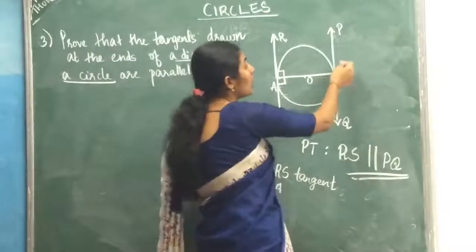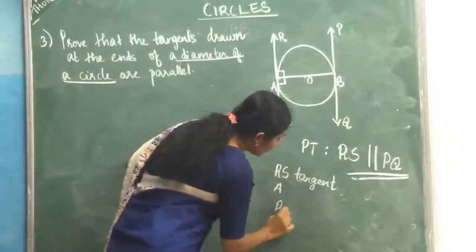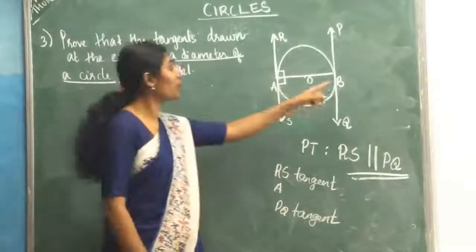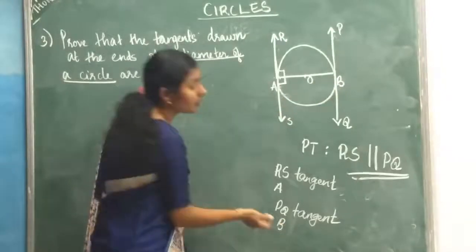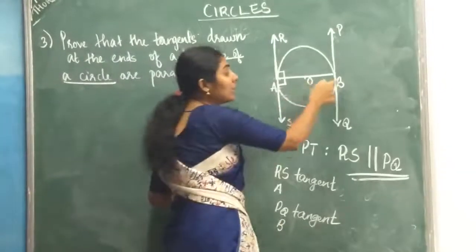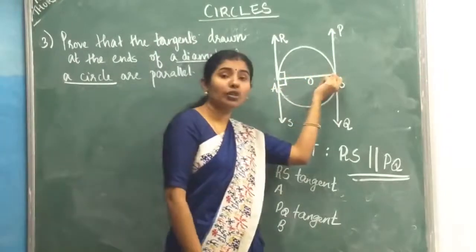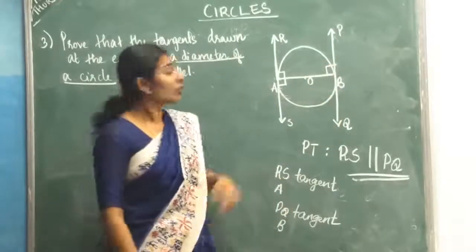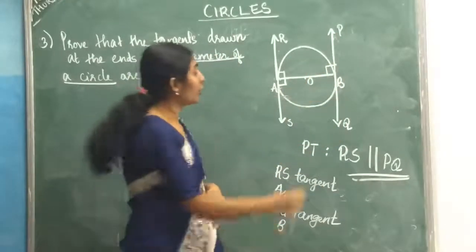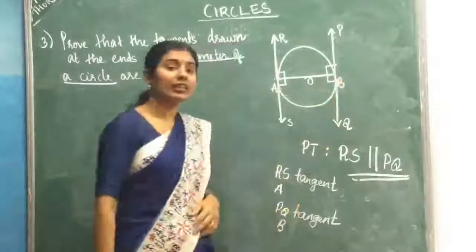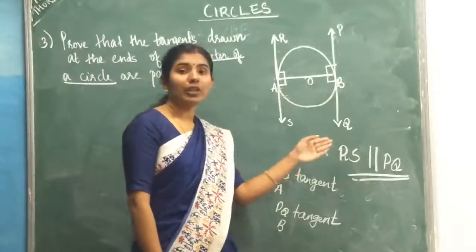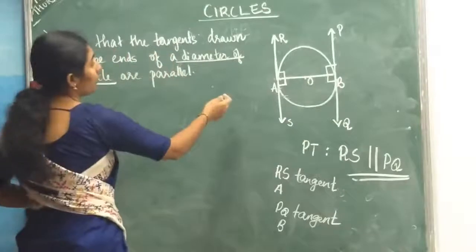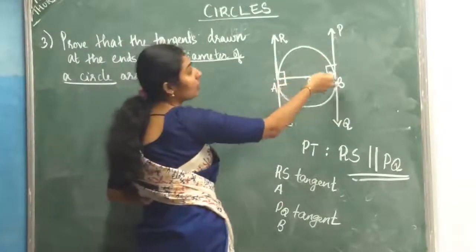Now, you see, PQ is the tangent. Its point of contact is B. And you know OB is the radius drawn through this point of contact. So what can you say? Radius is perpendicular to tangent. So here forms an angle of 90 degrees. What about this angle? This angle is also 90 degrees. What is the reason? OB is perpendicular to PQ. So now you see we are getting these two angles as 90 degrees. Here also forming 90 degrees.